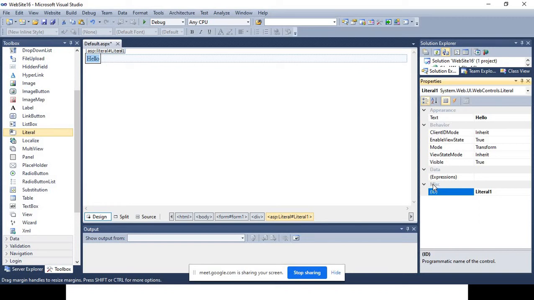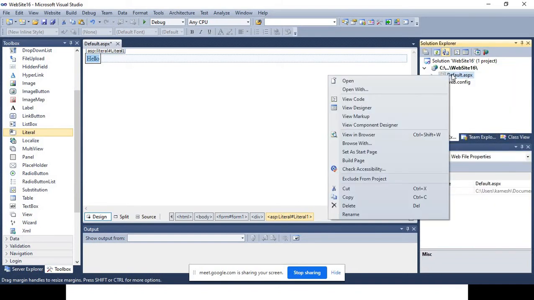Because of this, the literal control has very limited functionality. What we can say is this is a lightweight control. Right now I'll just run this particular page in Internet Explorer and we'll see what is there in view source.